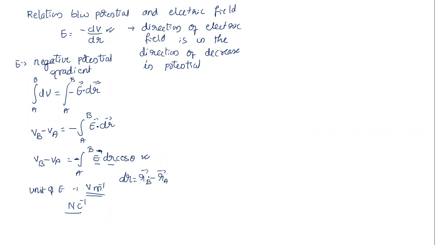So here, what is the force involved in order to move a charge from one point to another point? It is a conservative force. Then the total work done will be zero. In the case of a conservative force, the total work done around a closed path is equal to zero. That also you need to remember, because potential is work done per unit positive charge. Now this is about the potential and electric field relation.